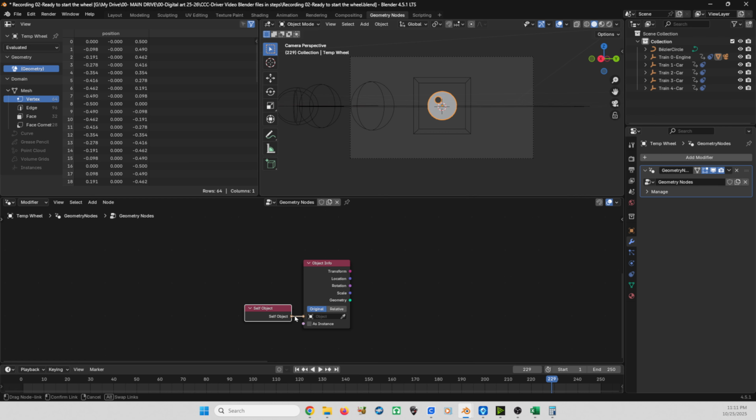So we're going to plug in self object into the object, and that's going to get the scale, which is the number that we need. The scale is going to tell us the diameter or the distance from one side to the other of our circle. Next, we're going to make a copy of the object info by hitting Shift D, moving that up,